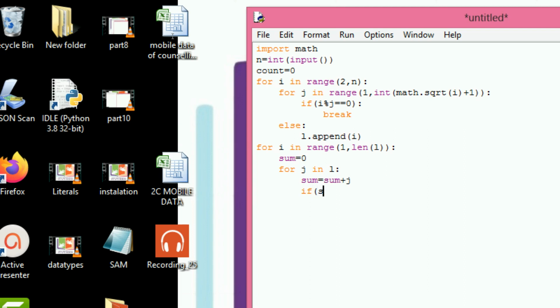If sum equals L of I, count plus equals 1. If sum greater than or equals L of I, break. Print count.